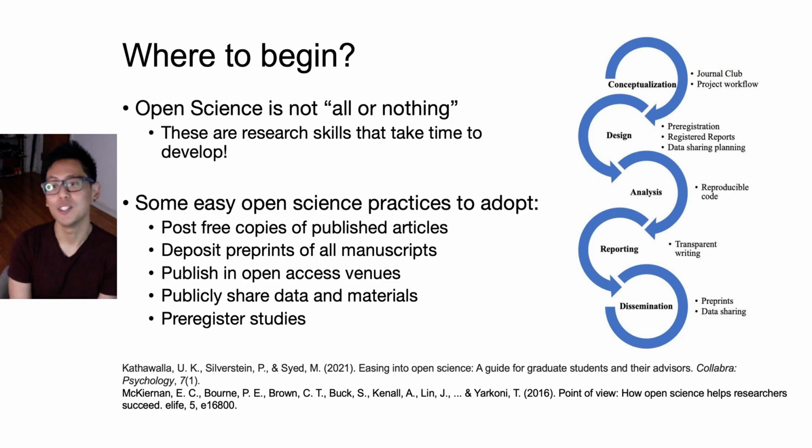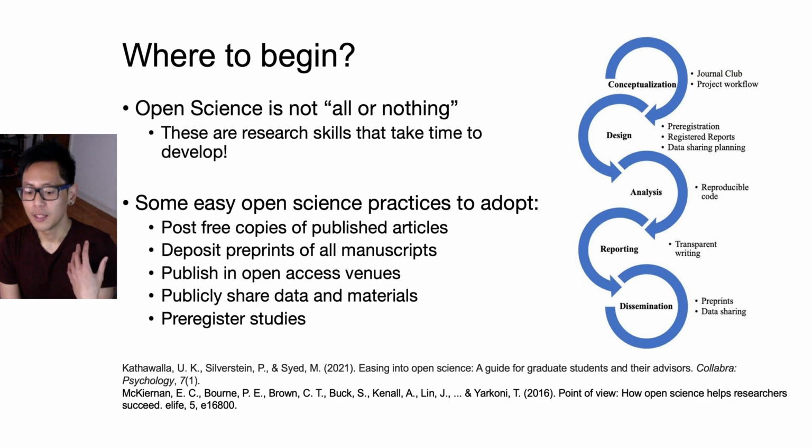And some of the things that you can do, some of the open science practices that you can partake in those 5 stages. For example, starting a journal club to discuss these open science issues, thinking about your project workflow, or if you're an advisor, thinking about your lab's protocol to incorporate open science principles or reproducible principles into your workflow. At the design stage, I've mentioned pre-registrations earlier, also registered reports, which is the new format that thinks about